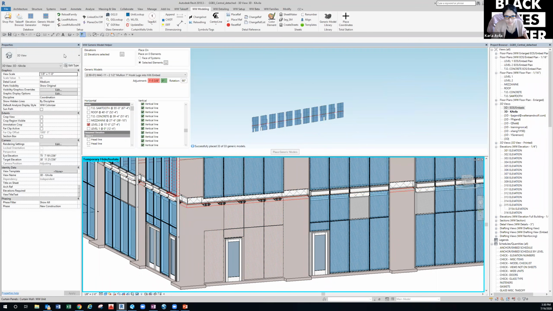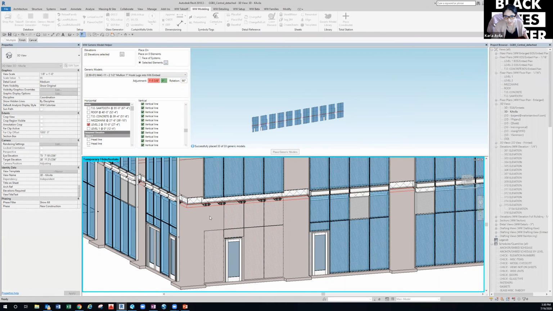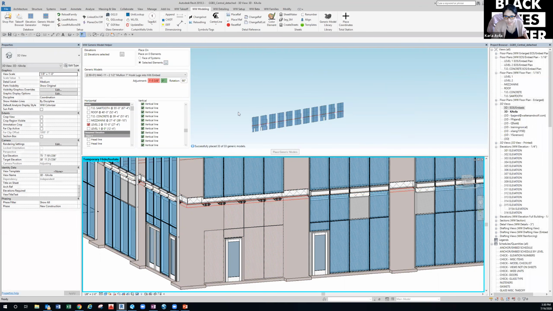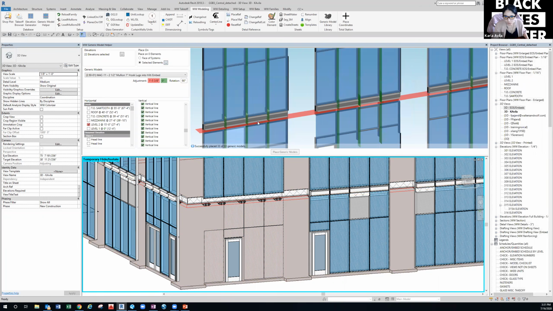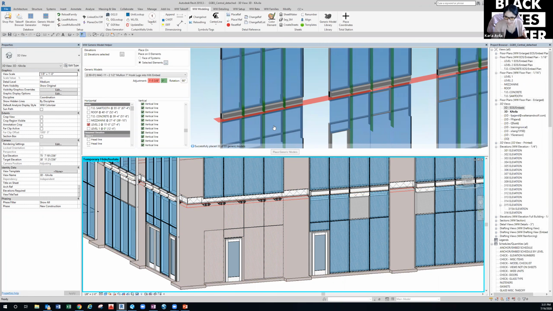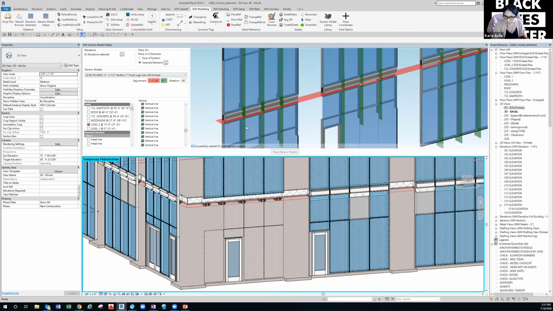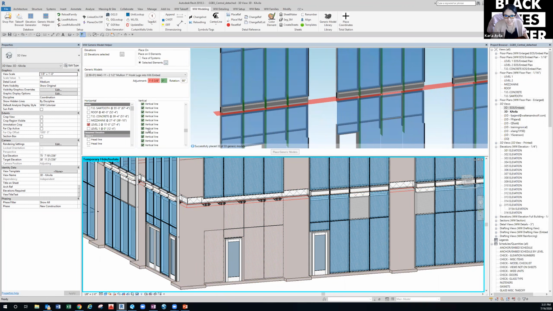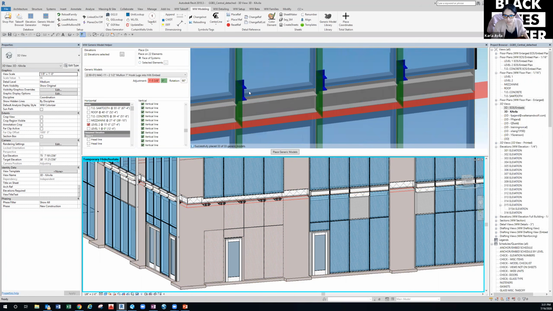I don't know why this floor is not showing up anymore. That's interesting. There's always bugs, I feel like, when I use this. So it's not showing up, but I guess if I do face the system, you'll see, well, it's not oriented correctly because I put them 90 degrees. But if I were to move this,